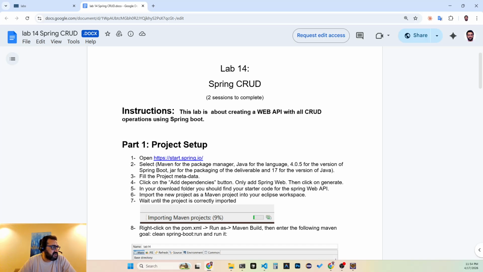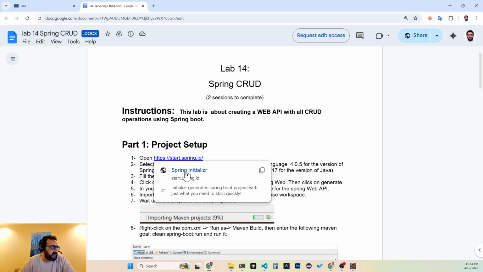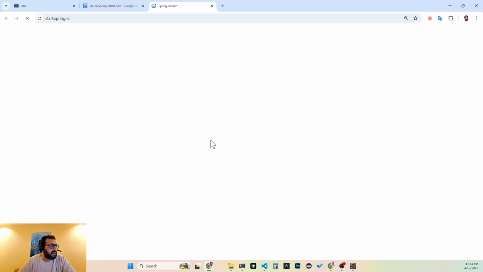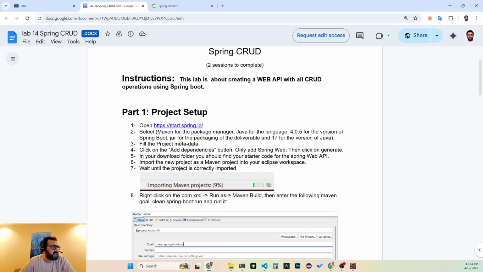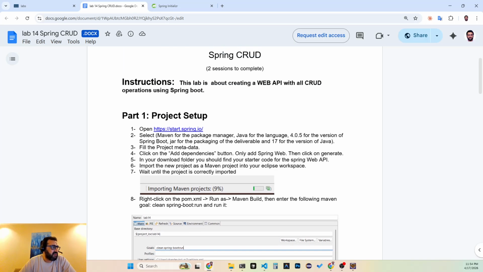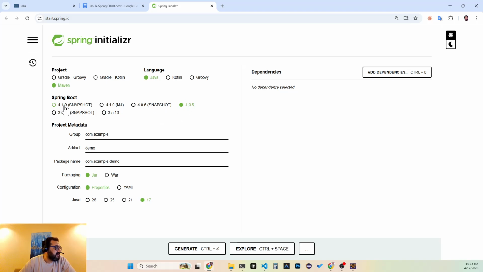So the first step is to download a starting project or starting code. So you have the instructions here. Okay, we will choose Maven for the package manager, Java for the language. The latest stable version of Spring Boot currently is 4.0.5. So Maven, Java. Then let's call it here